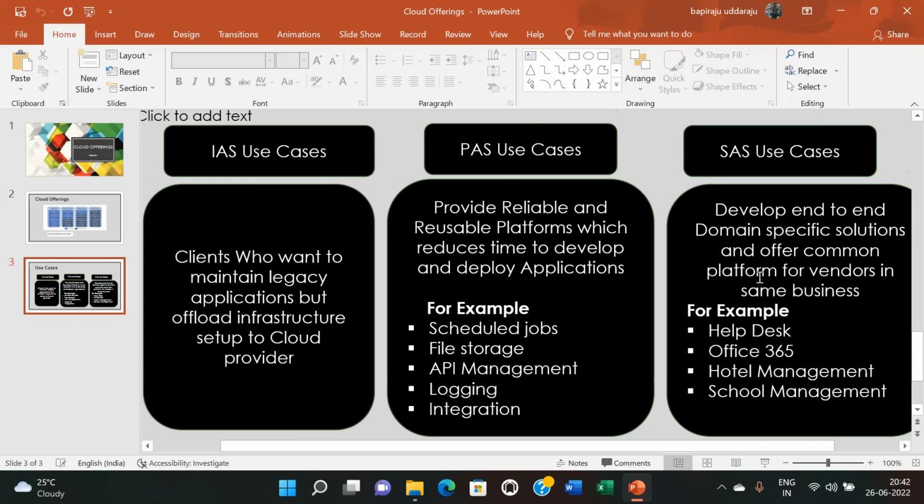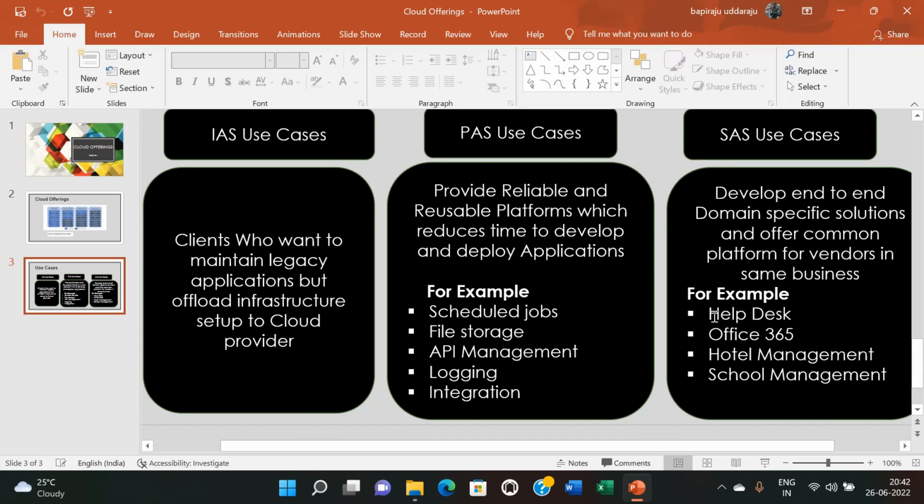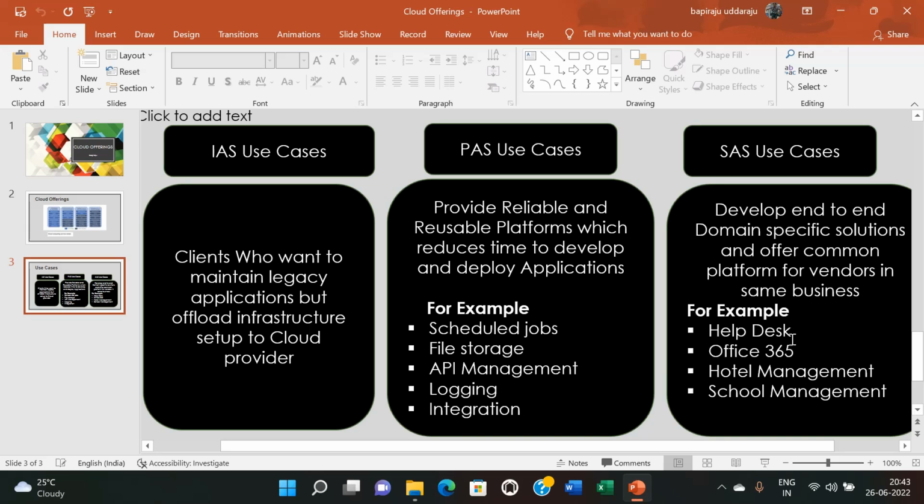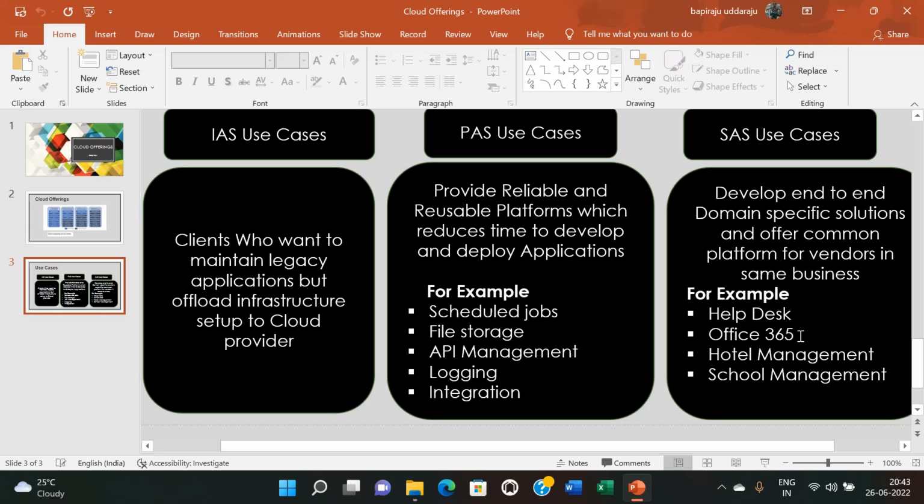So for example, take help desk, Office 365, hotel management, school management. These are some examples which can be considered as software as a service use cases. Let us say a help desk is common for any business. So instead of each vendor developing his own help desk, one cloud service provider like Freshdesk can develop one platform which involves the end-to-end process of help desk and offer it as software as a service.